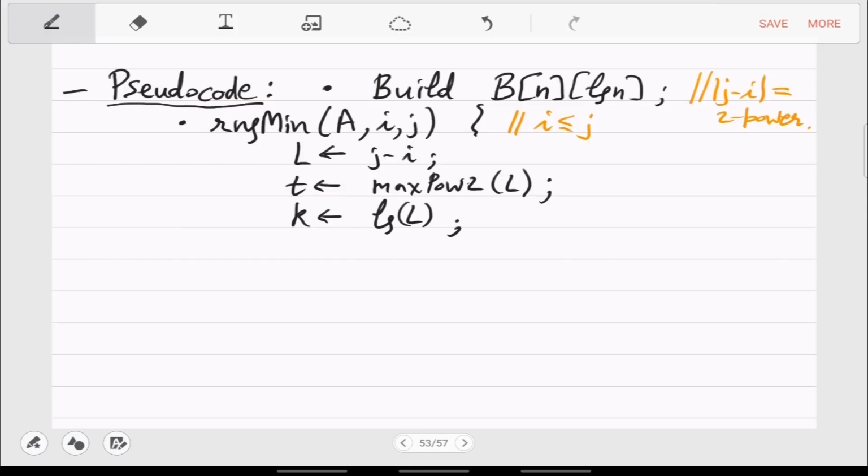So at this point, we have the property that t is equal to 2 raised to k, less than equal to L, which is j minus i, which is less than 2 raised to k plus 1. Okay, so that is the setting right now.